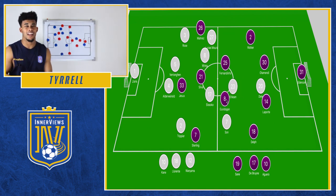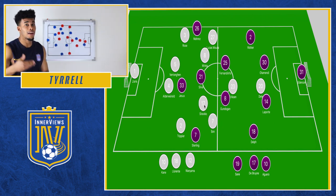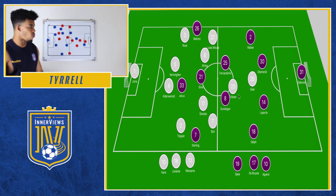and that just freed up more space for Eriksen to get on the ball, which makes sense based off the fact that Ali was finding space in the first half. So now you can get Eriksen involved, and he did play the pivotal role in the goal, because when we break down that goal,